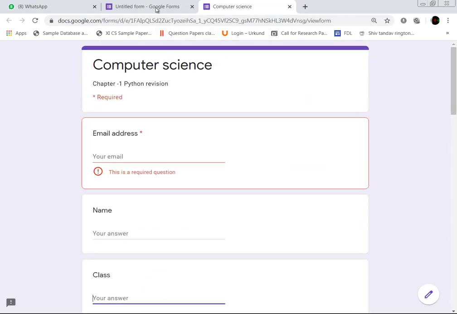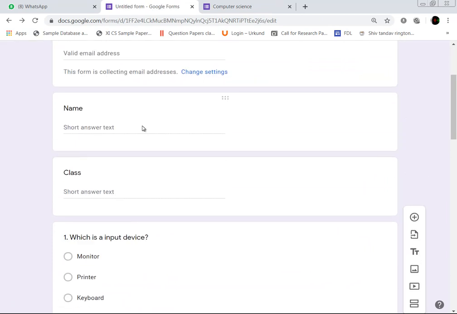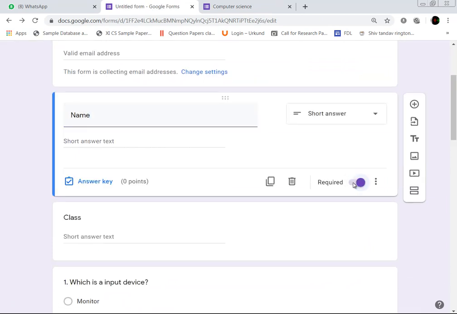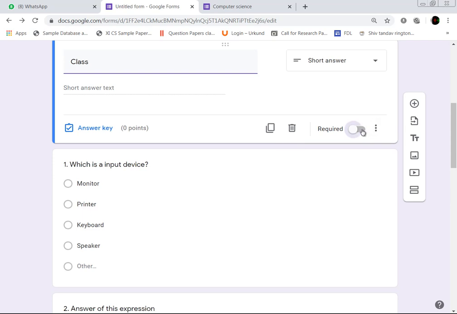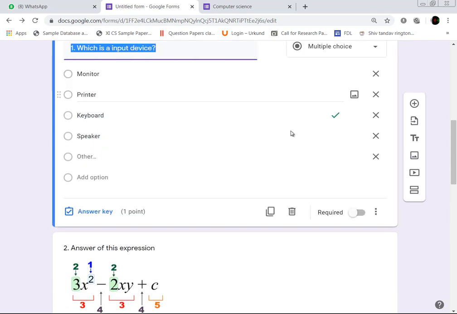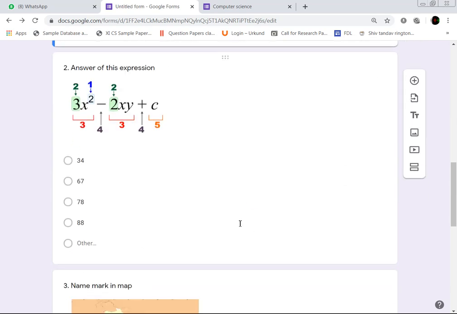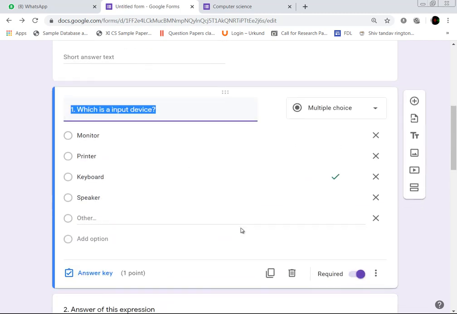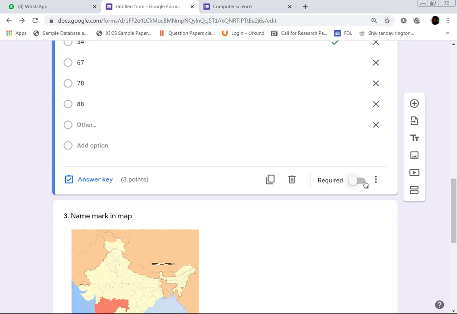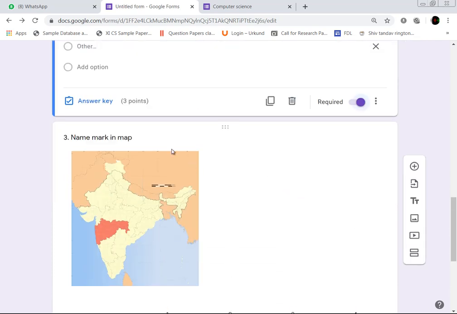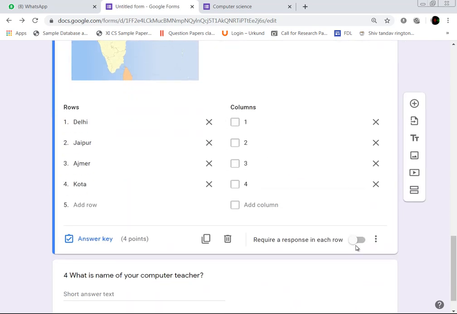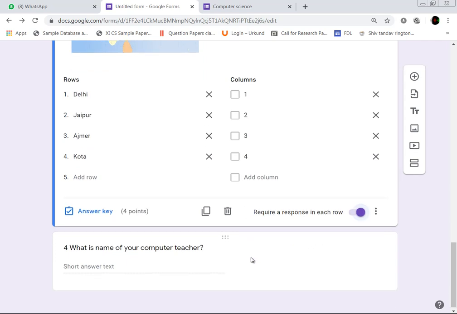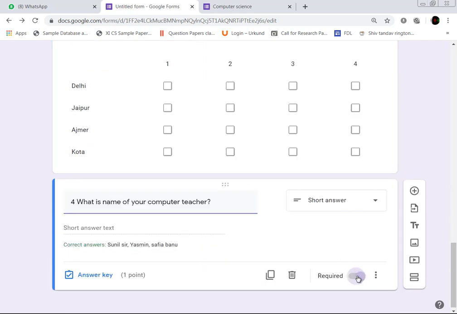Now one more thing I want to tell you, that you need to specify required for each question, so a student cannot leave any question unattempted, right? So you click on the question, and at the bottom you will see required. So you tick mark on the required. First you need to select the question for your options. Select the question and mark it as required. Here the 4th question required. Done.